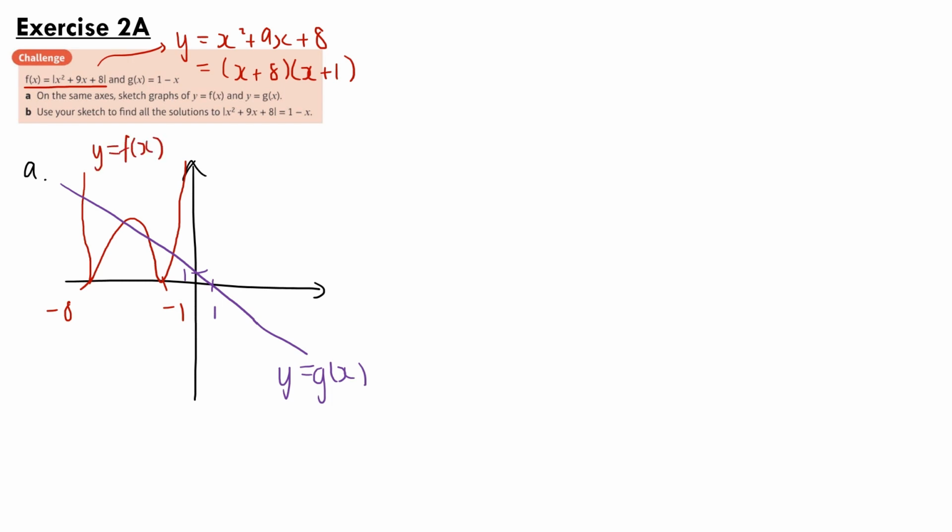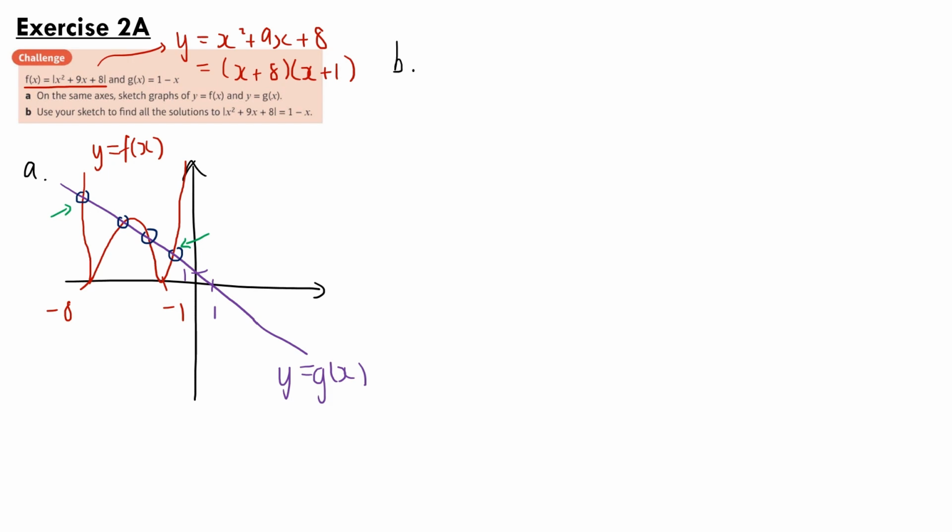Okay, now for part B, we're asked to find the solutions to the equation f of x equals g of x. And to do this, we're going to look at all of the intersection points. So here, here, here, and here. And to start with, if we think about the intersection points where the graph of f of x was initially positive, so that is this one here and this one here, where we didn't have to reflect the graph upwards,